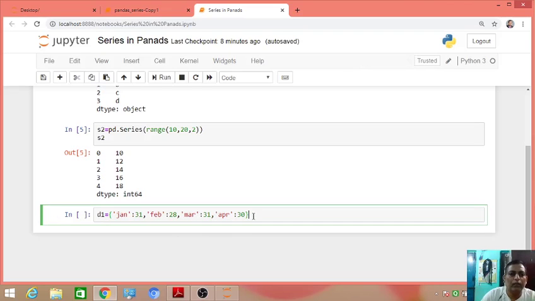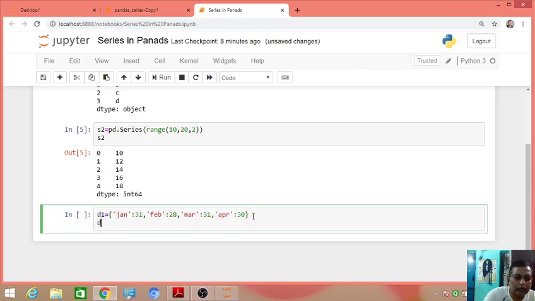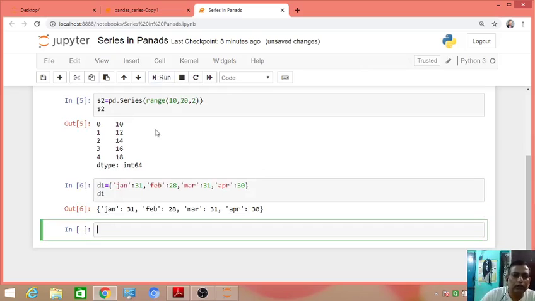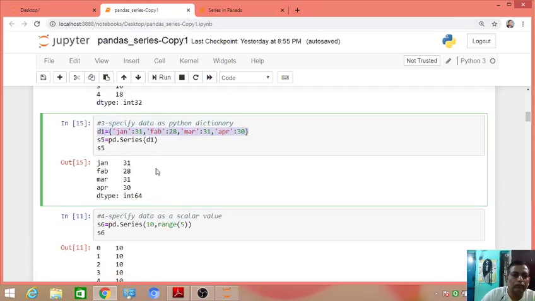Okay, so if you write d1, what will it give? It will give you a dictionary. How do we convert this dictionary into a series?